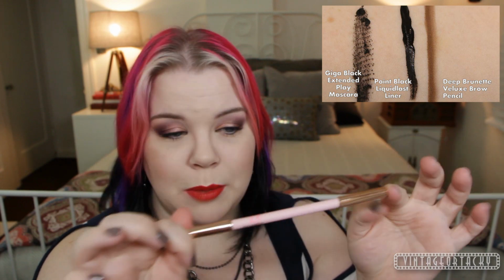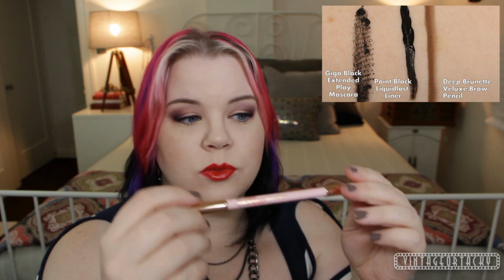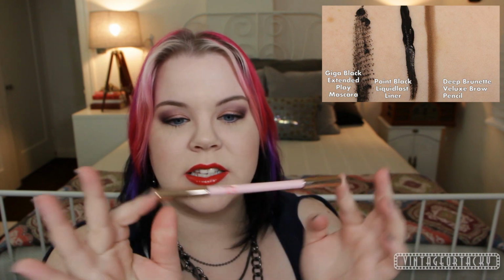So the first thing I want to talk about is actually for the eyebrows. This is a Velux brow pencil, which I had never tried before. This is a really interesting product. I'm going to have to swatch it over here. It's interesting because it's like a creamy powder pencil. And it has wonderful pigmentation. It has really great blendability, and I need to look into this in other shades